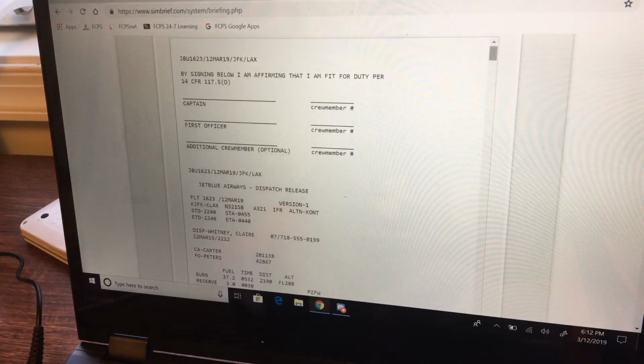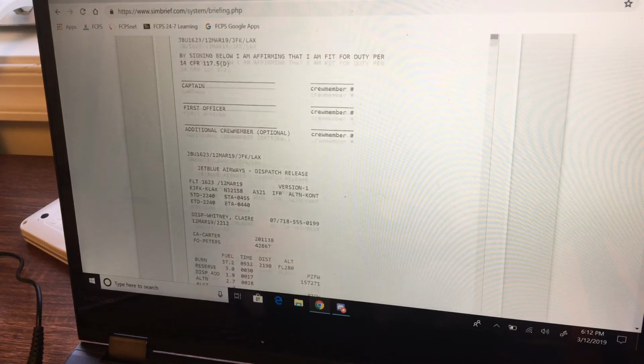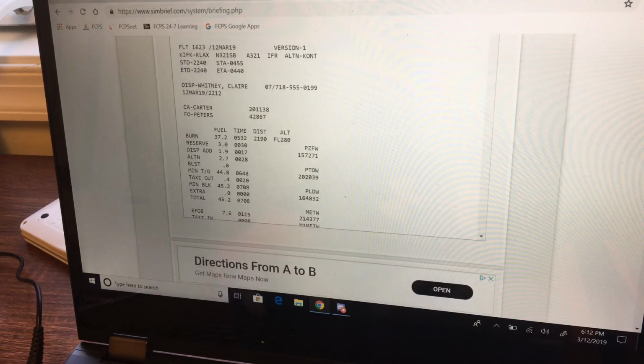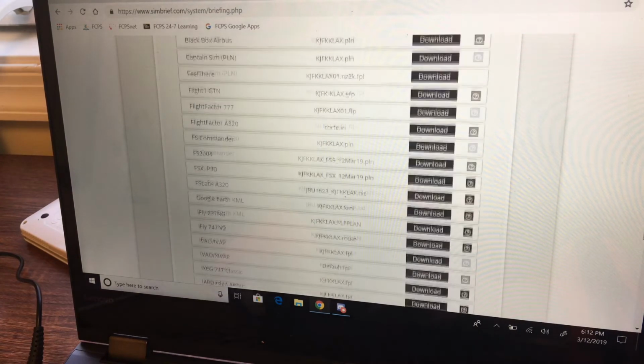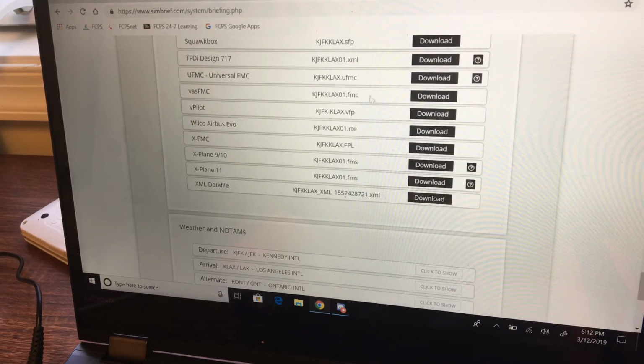And then here is the JetBlue OFP that's used on real JetBlue flights, but we're going to want to skip that. And we're going to want to scroll down to the bottom where it says XML data file. So you don't want to click on it. You want to highlight this